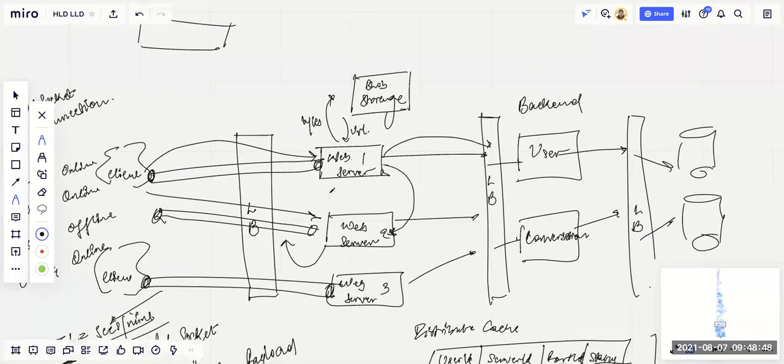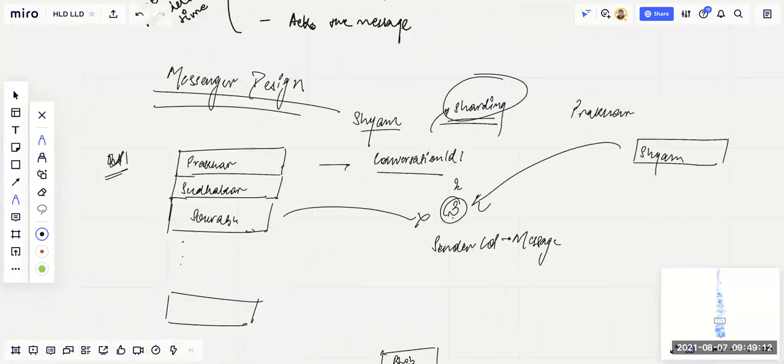These are the user service. These are web servers. So here all WebSockets are still connected here. This is doing all the orchestration. If you want to fetch all the friends list and their messages, the way it works is it will call the user service, get the friends for you, and then call the conversation service to get the latest messages, render the response and return it back to the client.